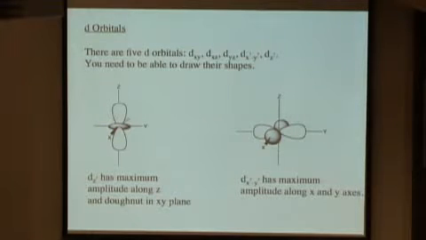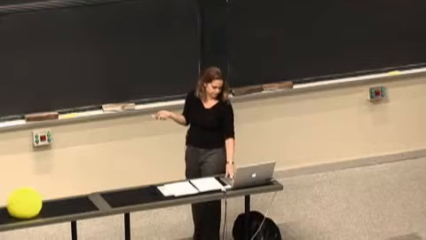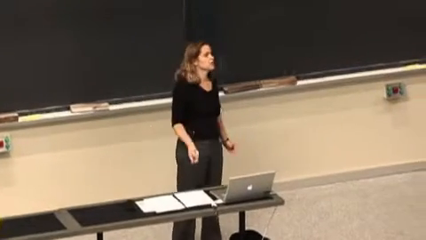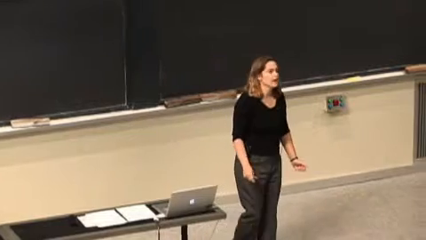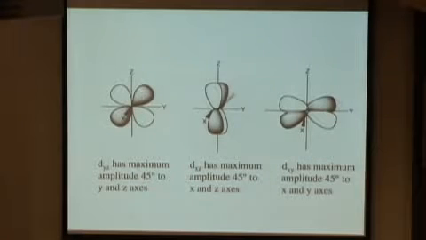So dx squared minus y squared has its maximum amplitude along the x and the y axes, so directly on axis for this particular d orbital. The next sets of d orbitals have their maximum amplitudes off axis, so they don't correspond directly to the axes that I just mentioned. They're in fact 45 degrees off axis. So we have the dyz shown here, dxz shown here, so maximum amplitude 45 degrees off the z and y axes, or z and x axes, and then